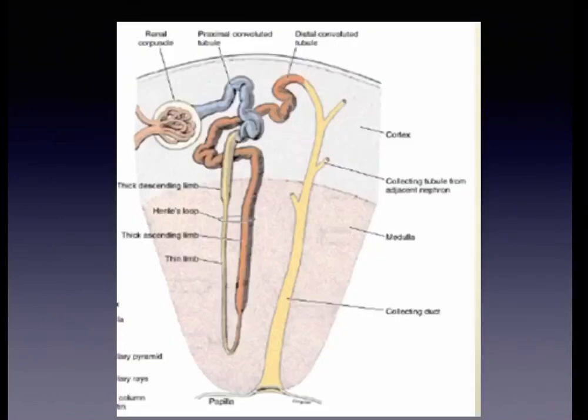So here you can see the renal cortex is mainly made up of the glomeruli, then proximal convoluted tubule, distal convoluted tubule, and part of the collecting tubules. So about 85% of the nephron is situated in the cortex. The rest of it, that is the loop of Henle and the collecting ducts, are mainly found in the medullary portion of the kidney, that is the pyramid. You can see at the tip of the pyramid you have the papilla, which opens into the minor calyces.